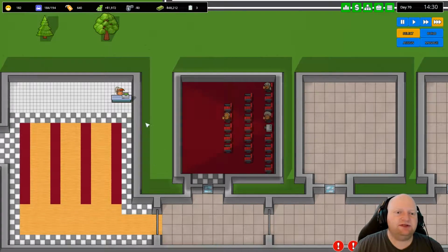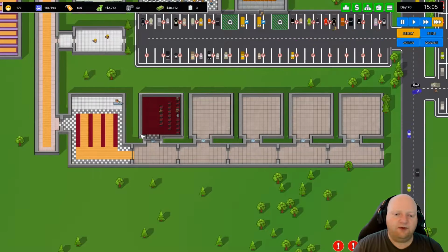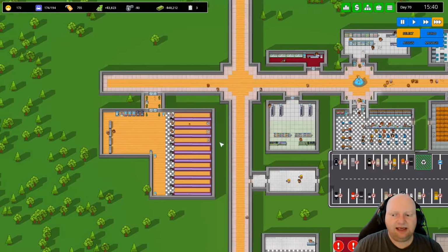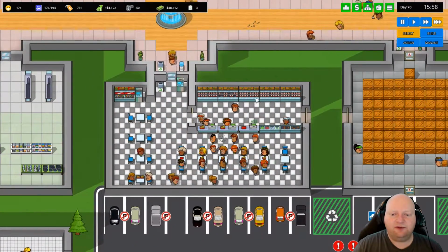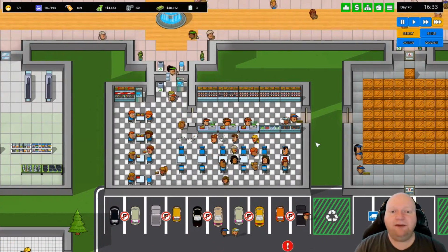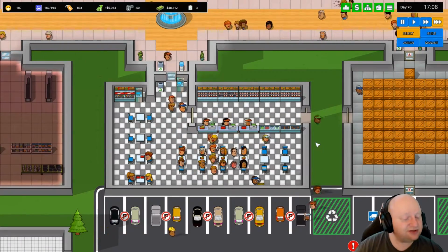So in the previous episode, we built a brand new amazing cinema with one room. And we extended our bowling alley, and we fixed the problem with this guy overloading. Ignore the boxes, they're supposed to be there. And then we were all happy and everything was perfectly fine. But there was a minor issue of